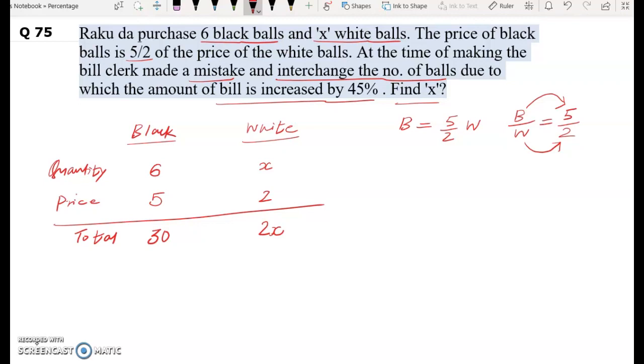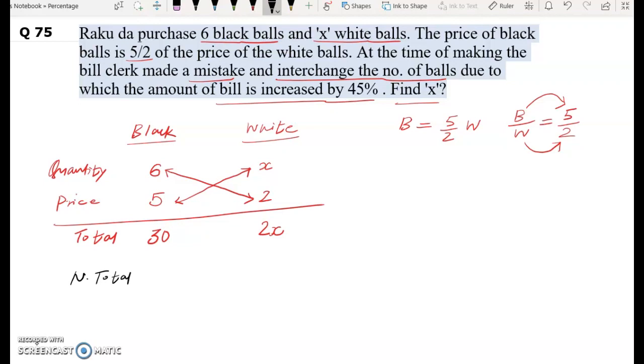interchanged the number of balls, due to which the amount of bill is increased by 45%. Now, due to the mistake of the clerk, the number of balls has been interchanged. So now this is interchanged. Now because of this interchange, the price has been increased by 45%. Now the new price will be how much? New total